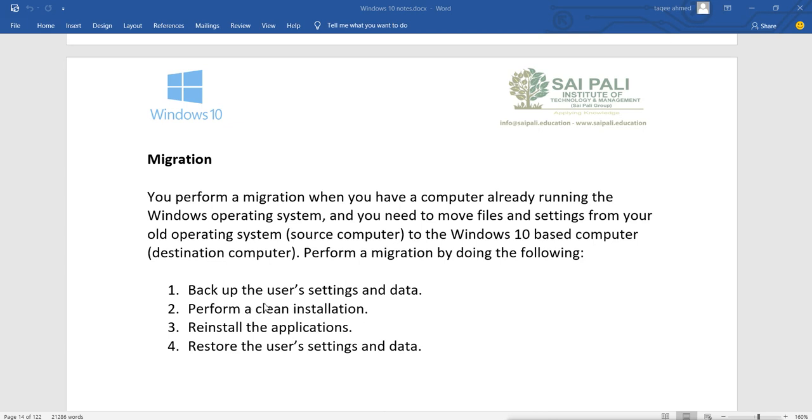First, we have to back up the user's settings and data. We have to take the backup of all the settings of users and applications and profile, everything. Then perform a clean installation. Here you will do a clean, fresh installation, just like you are installing for the first time.